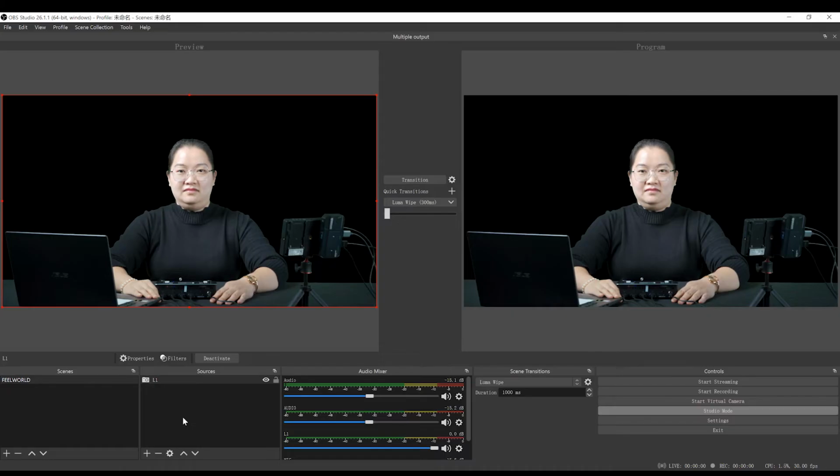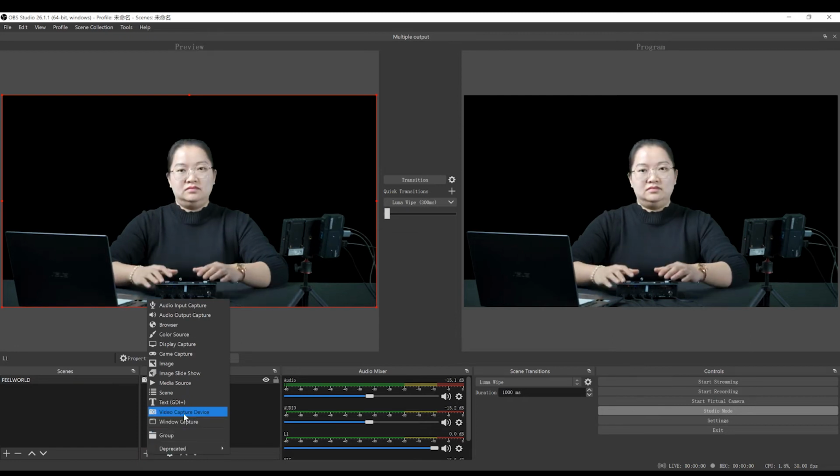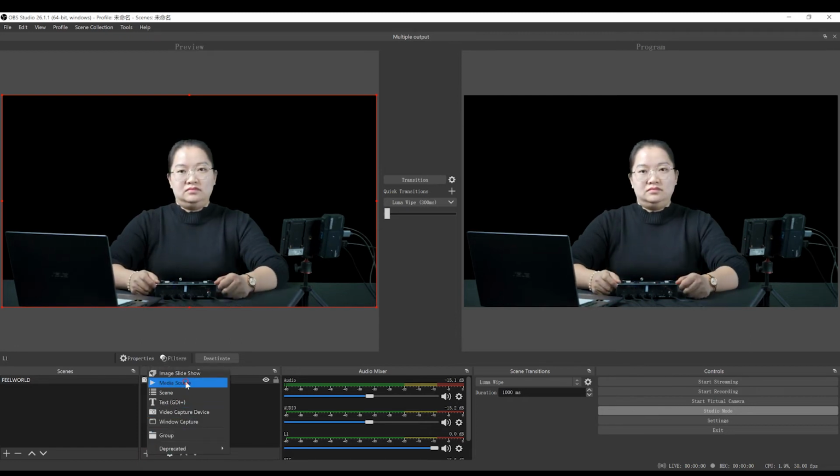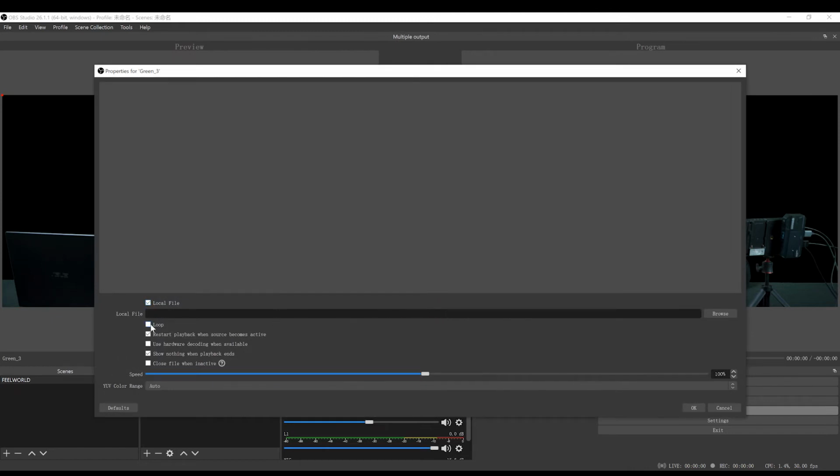Once you're happy with the chroma key settings, you should then do a quick run-through of your shoot. After you've confirmed the chroma key settings are correct, you can now add your background layer and make sure it is below the chroma key camera layer in OBS. OBS accepts MP4, JPEG, PNG, and many other file types to be used as background sources.